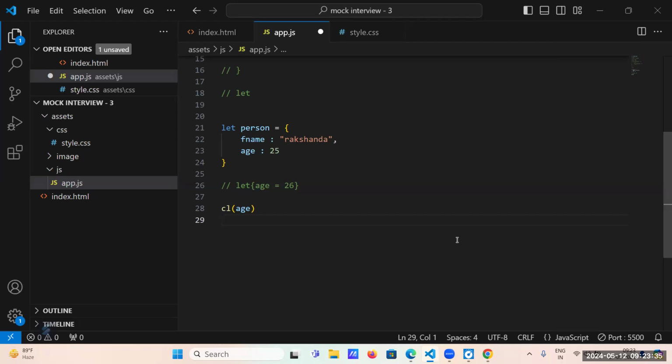No, these are ways to create a function. Can you tell me what is a pure function? In a pure function, we have three conditions. First, the function returns something. Second, the function should not depend upon external variables and external declarations. Third, the same input gives the same output.